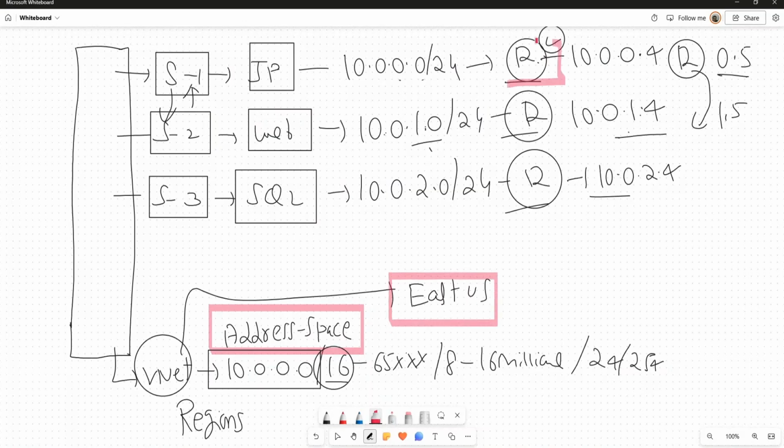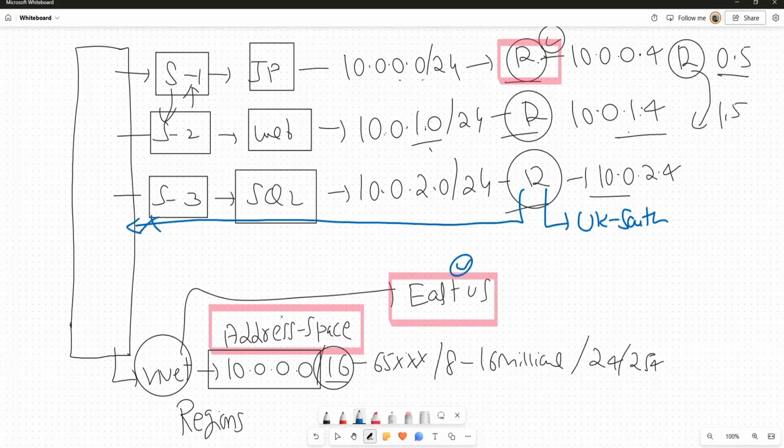But if my VM is in UK South, I cannot select this VNet because my VNet is in East US. You need to create a VNet in UK South. In short, where you deploy the VM, the network has to be in the same region because Azure works on region specific.